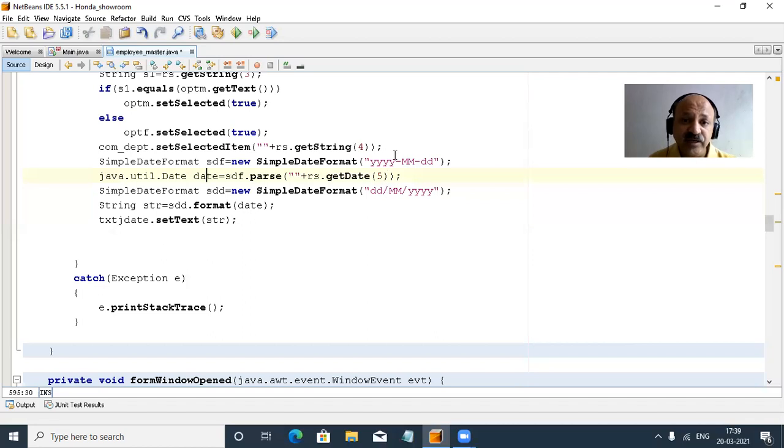Because utility requires this format, and then our requirement in text, that is the j text field our control, and we can take our date from the database table, and that format we can again pass to the string format required. Means string our j txt j date, that is our text field, and set text, and we can pass the string. So that is the format method of the simple date format.